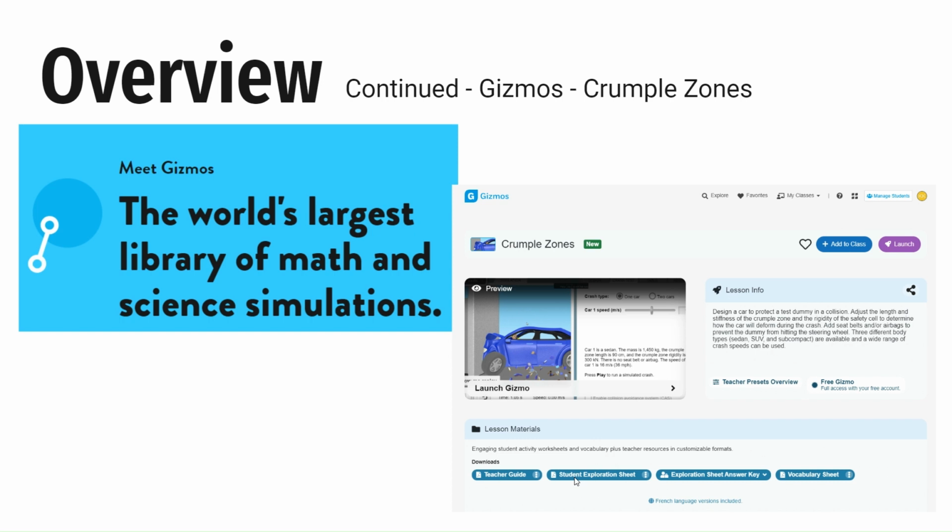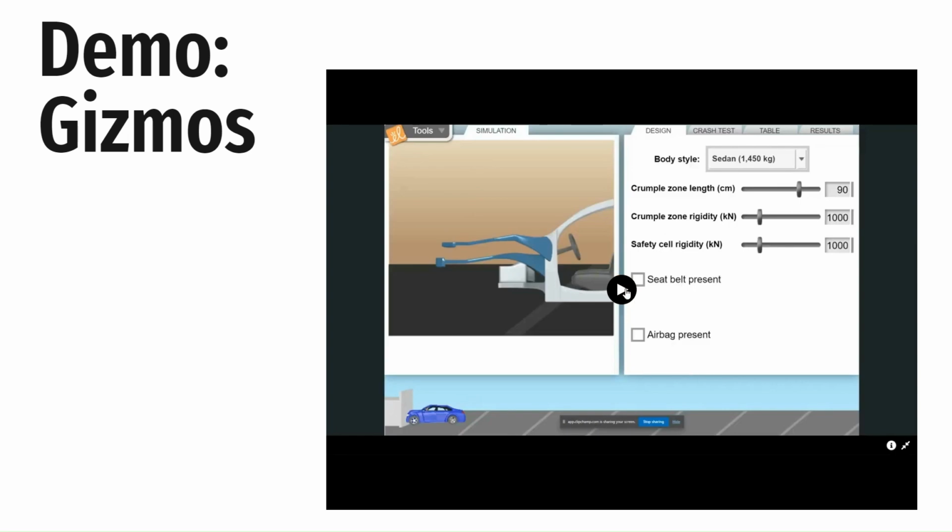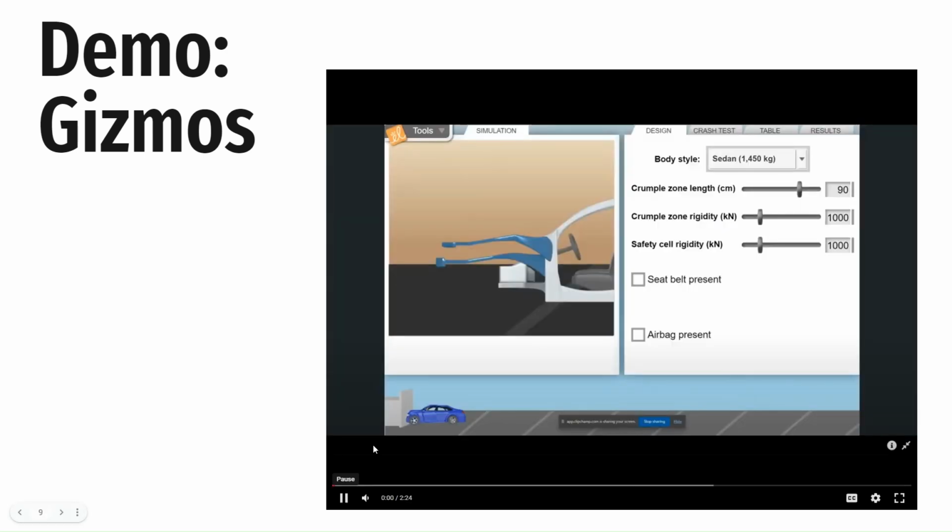I chose to use the student exploration sheets. It had 4 different sheets to pick from depending on which concepts you wanted to teach. There was one on Newton's laws. That's the one we picked and worked with. And let's just take a quick look at what the simulation looked like. So this is the first screen that you see,